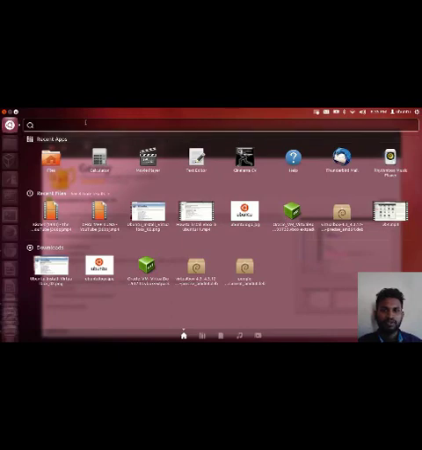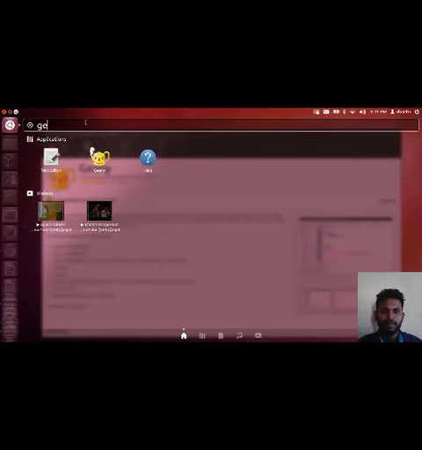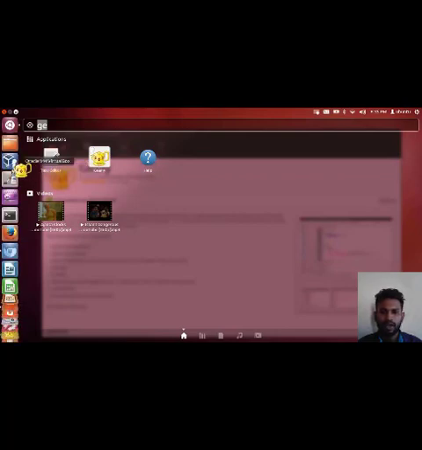Before, we installed Genie, so just search Genie. If it shows the result here, you can see Genie. And if you use it frequently, just click and drag it into the bar here. So this is the way